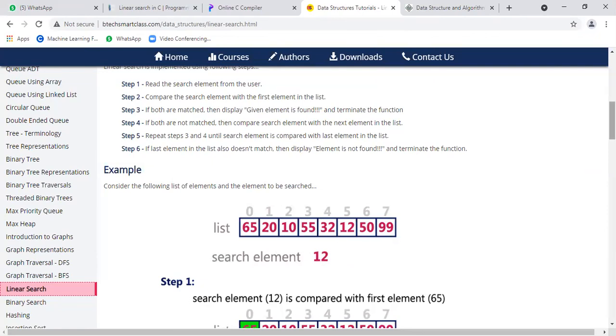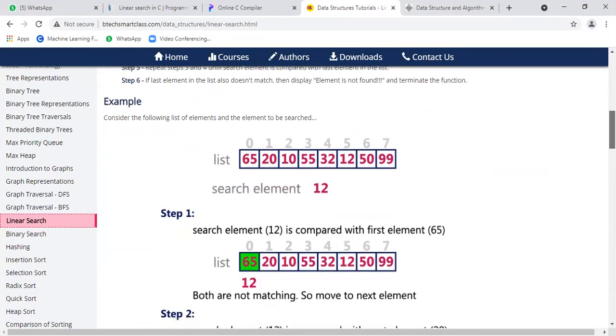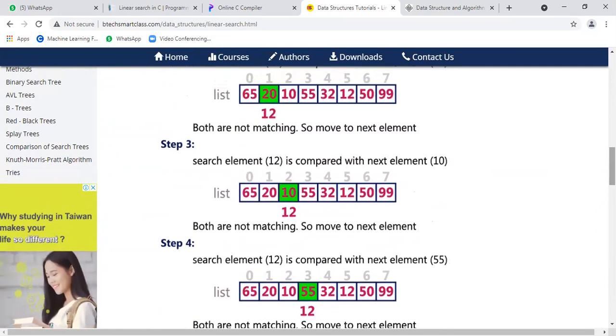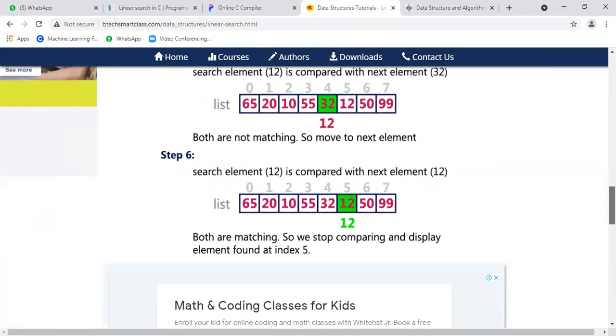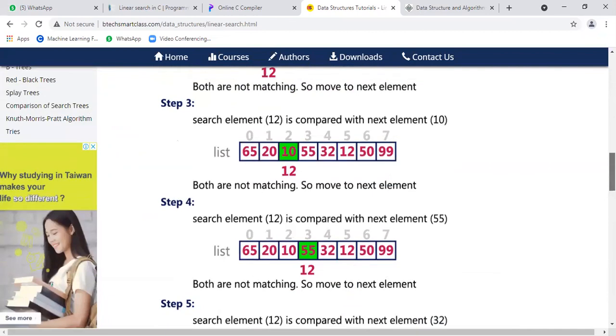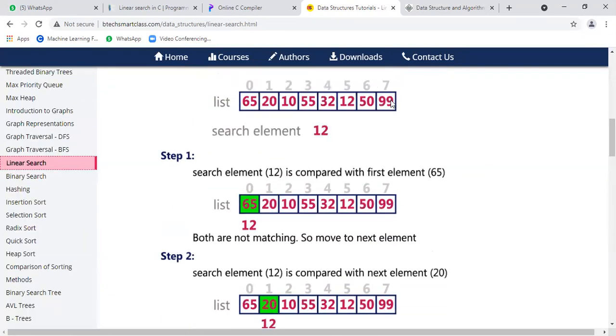So this is the example of linear search. It is applicable on unsorted order, but the disadvantage of using linear search is that it will take much time to search an item. See here how many passes there are. Totally 6 steps it takes, and on the sixth step only the element is found. Here only 8 elements are there. If I take 100 elements, what is the time taken to find the desired element?